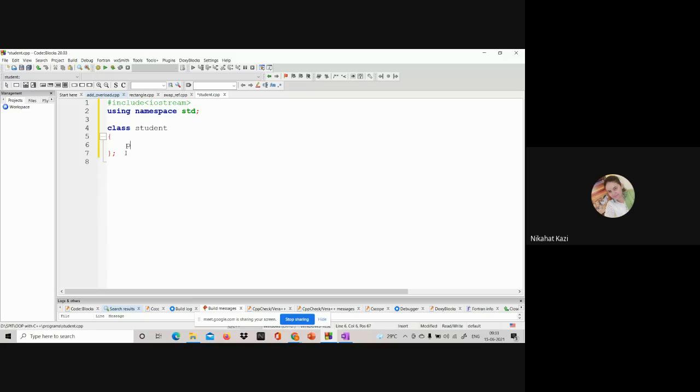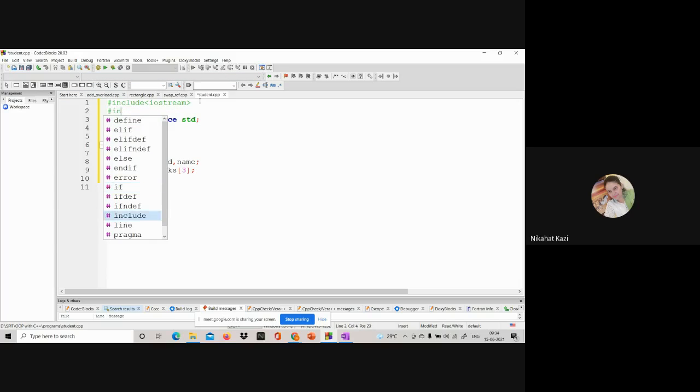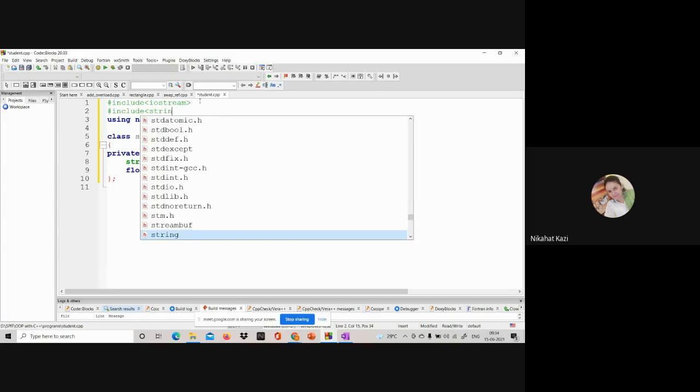So what is the private part? All the data members. So we have defined UID, name, and the marks. Marks is an array. Ma'am, don't you have to add the header for the string? Very good. #include string.